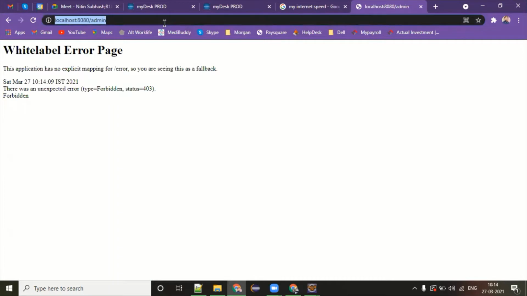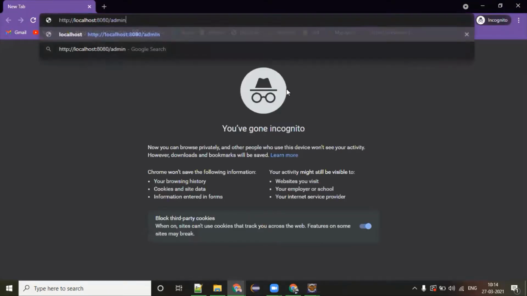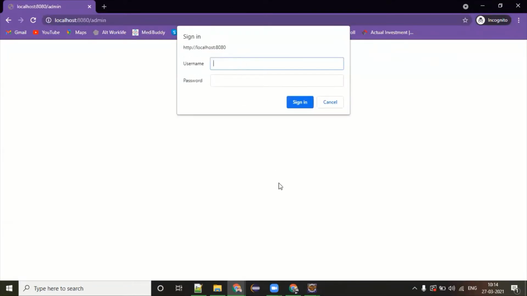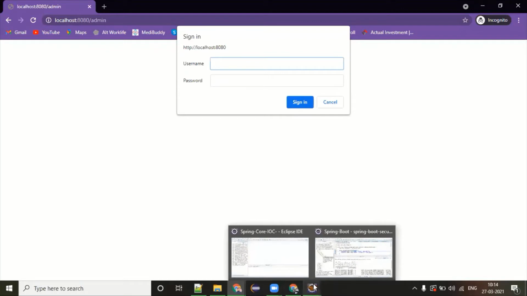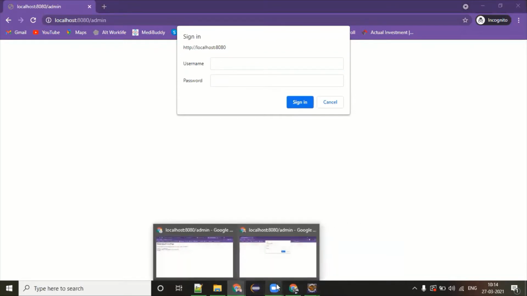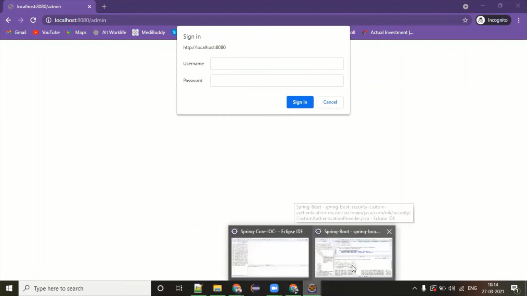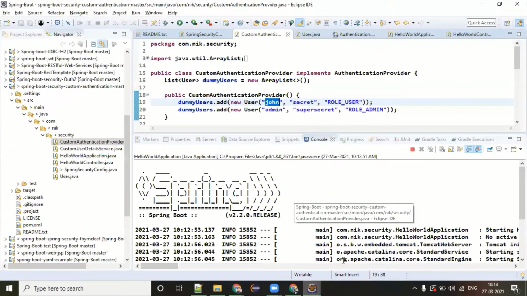So for checking the admin stuff, you have to open a new browser, because there is some sort of caching, cookies, all these things the browser side is also taking. That is the reason whatever credential you provided the first time, somewhere it has been stored in the browser cache, or somewhere, I don't know. I tried many times to make this admin also work there, but it was not working. So if you want to demonstrate this in your application, and if you're facing the same issue like me, then please open a new browser in incognito mode.